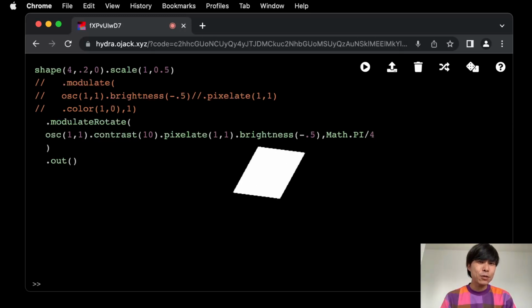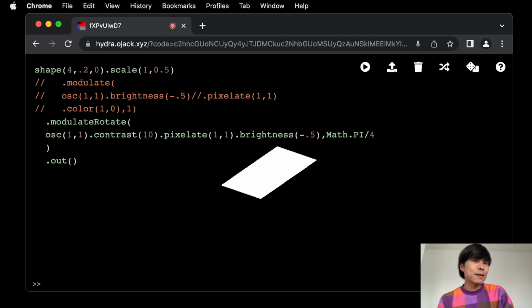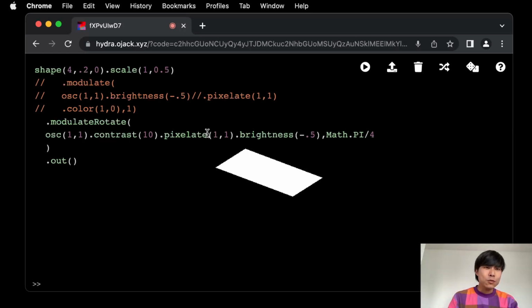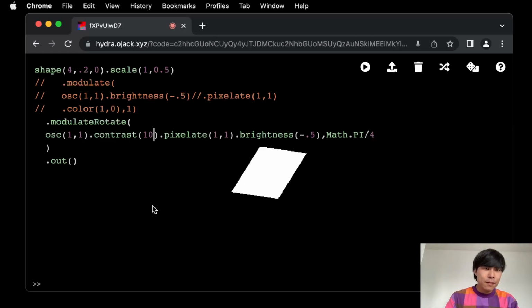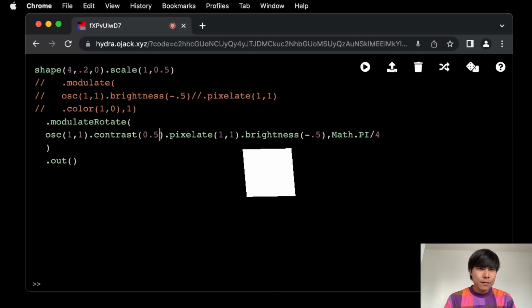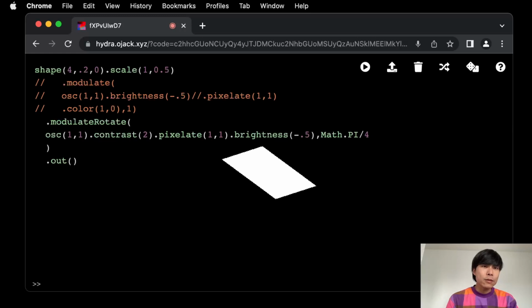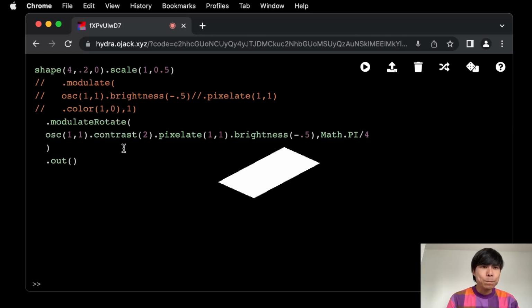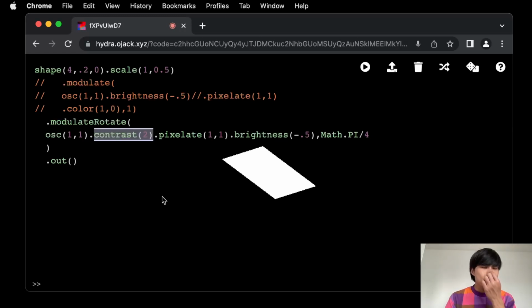I don't exactly know the way it's calculating contrast. Yeah, I think it's kind of capped somehow. But the idea is you have to work with the color in order to change the rotation. For example,